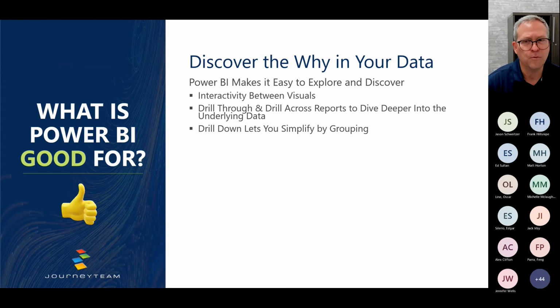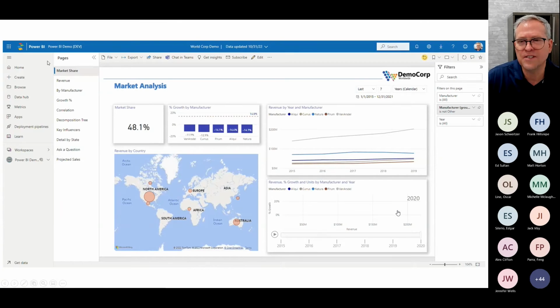The ability to group things is really powerful in those dimensions. And then also the fact that you can build hierarchies makes it really easy to build this drill down capability and let you explore your data to know what's really going on behind the scenes. All right, let's take a look at Power BI and take a second to understand what's happening with those different types of capabilities. So this example is of a